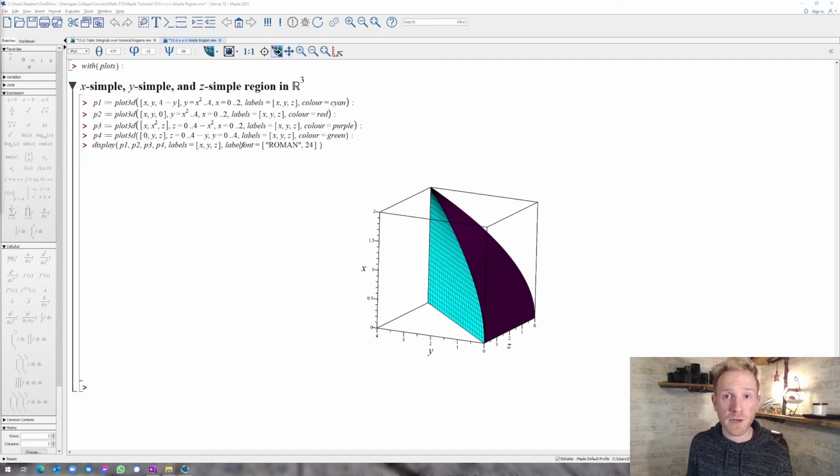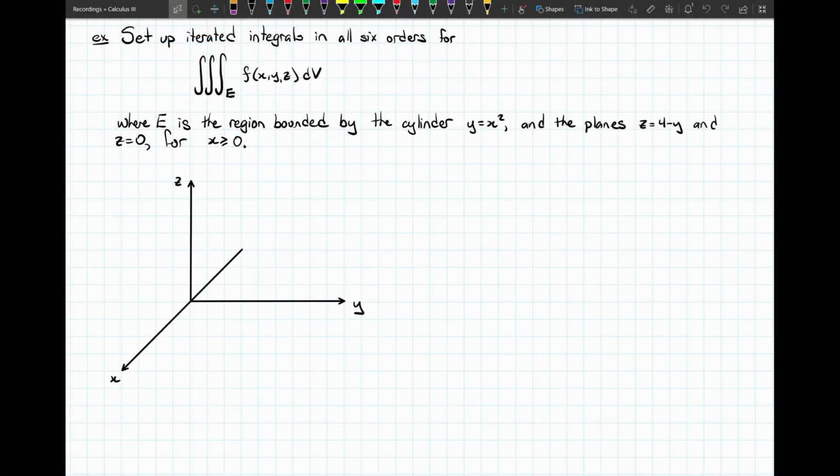Now, I'm not going to focus on the technique of integration so much, but let's see if we know how to set up a triple integral over this particular region. So here, I don't actually have a function f of x, y, z in mind, but let's see if we can take this triple integral and set up iterated integrals in all 6 different orders, where E is the region